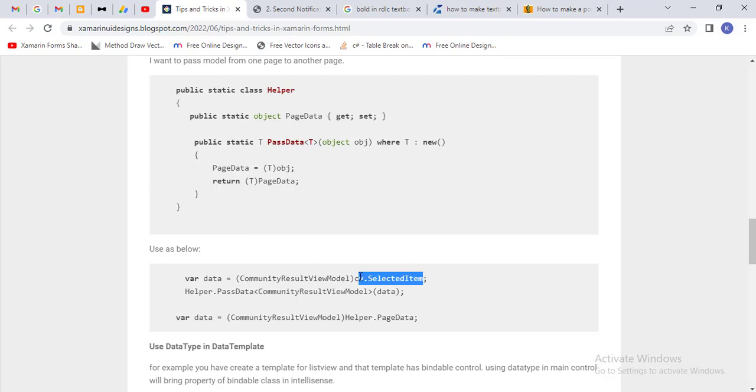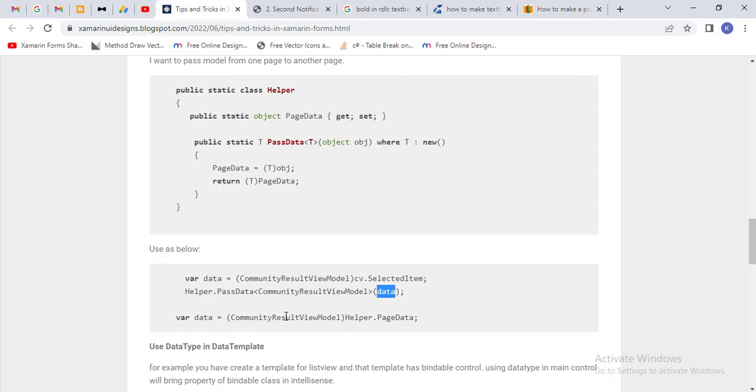You can cast any data, any model that you have, and store it in the data. Okay, and pass that data by using this method. So Helper dot PassData, in the angle brackets write the class name and the value. Okay. In another page that you want to receive,